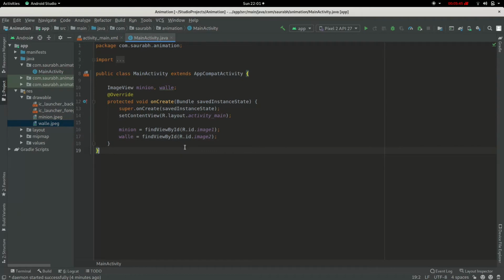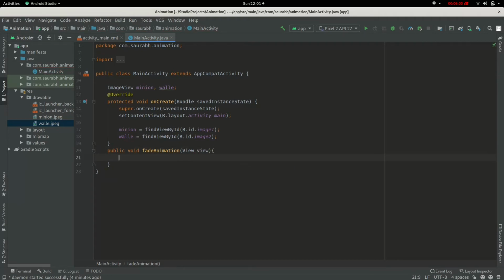Now we have finished up, the binding is done. Now we need to implement the onClick method. So public void, we set it fadeAnimation, and we need to pass the view.